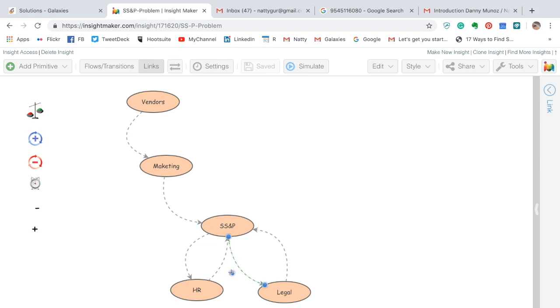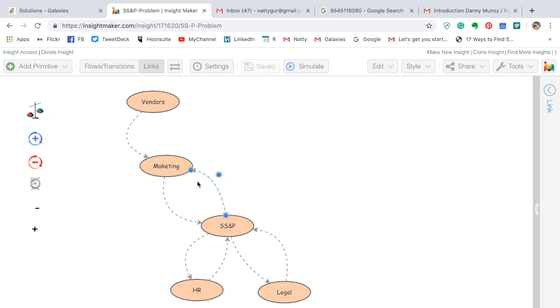Don't like it too much, so yeah, if you want to change it, just detach it and attach it, and usually it will automatically find a better place. Yeah. And obviously the same thing is going to happen between SSMP and marketing. When SSMP got thumbs up from HR and legal, they can go finish the negotiation and let marketing know that they can start working with the vendor,